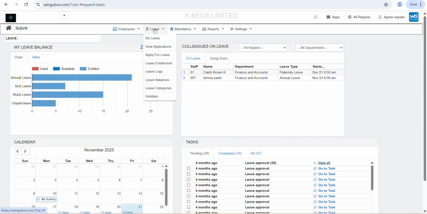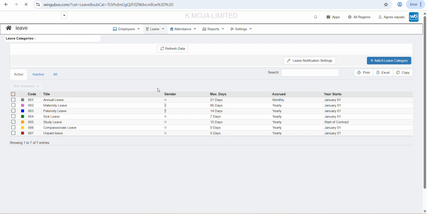Allow me to walk you through the leave categories. When we come to leave, we have my leave, view applications, apply for leave, leave entitlement, leave logs, leave balances, and leave categories. Allow me to take you into details on the leave categories. We have multiple leave categories that come with the system, like the annual leave, the maternity, paternity, and the sick leave, and these are in accordance with the employment or labor laws in Kenya,